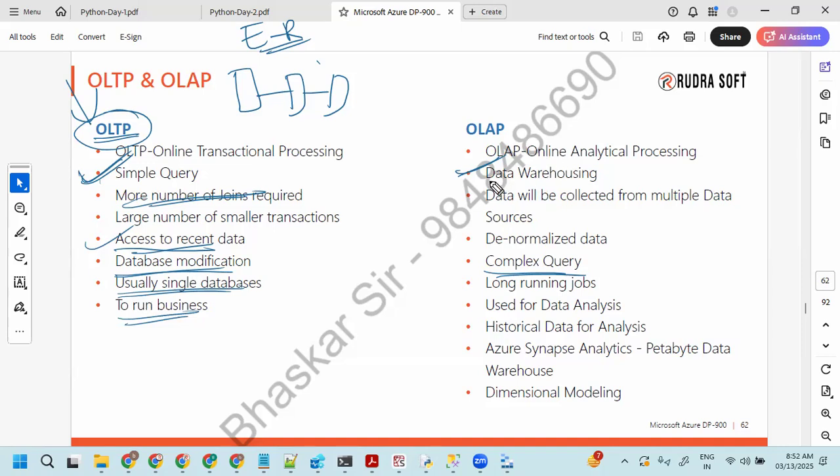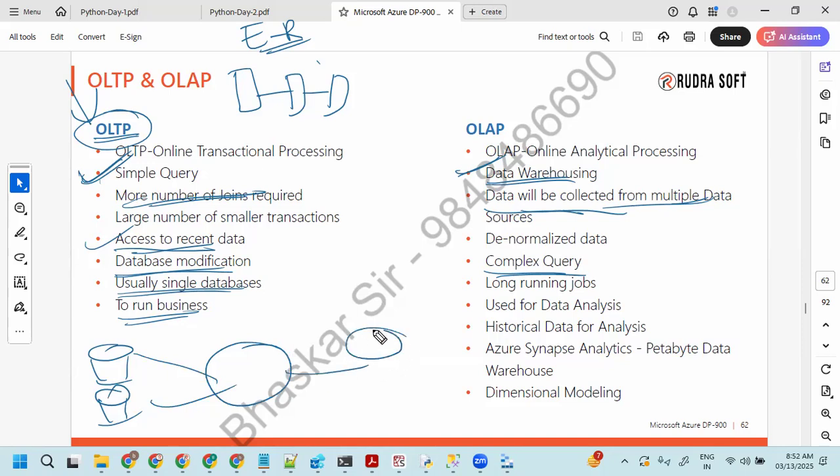And this OLAP will be used from a data warehousing point of view, and data will be collected from multiple data sources. You may have data in different data sources. You can collect and integrate all of it together as a single database. That is what it is saying. It is denormalized data, so duplicated data is going to be there. Just imagine you are maintaining customer details. So if a customer